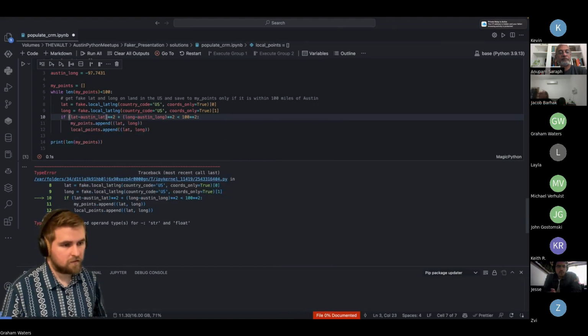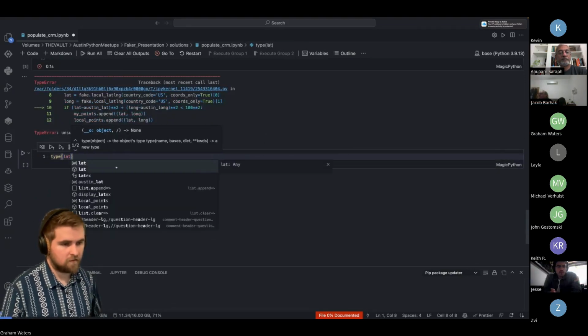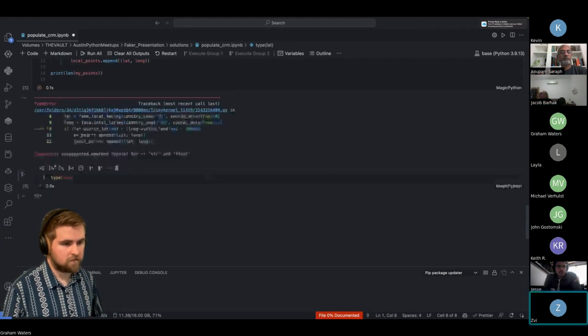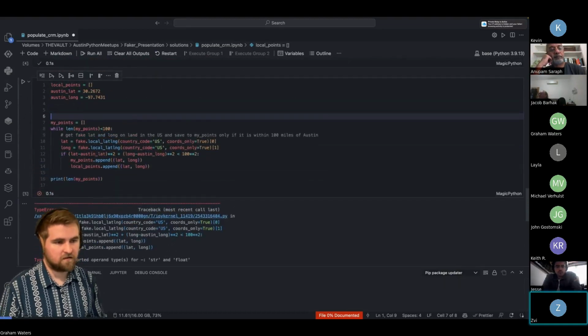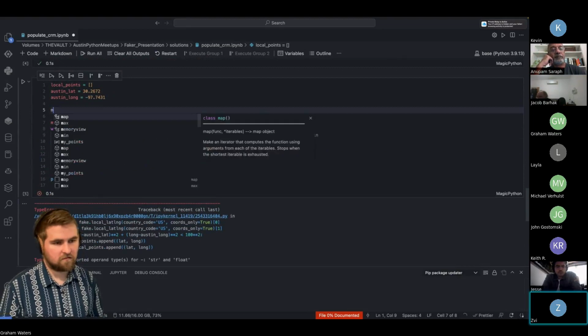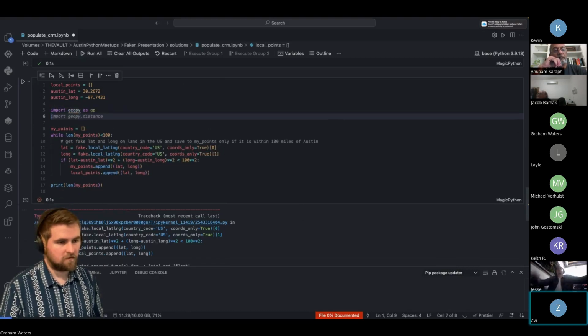I mean, you could probably do something where you find a geo library that takes the distance between a randomly generated point and Austin, and then just checks the distance, and if it's within the distance, it yields it. Otherwise, it just keeps generating points. And so you could like,